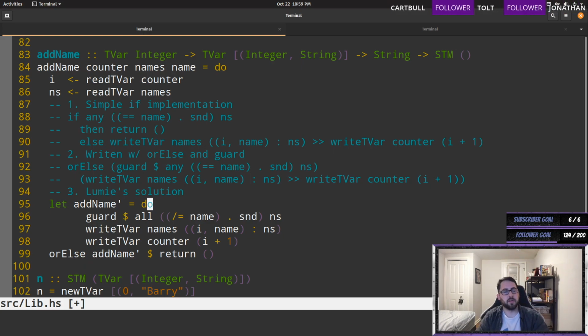Yeah, I think I knew what you meant. Wait, what? Well, I switched this as well. Right? You want this to be true so that the guard triggers. You want this to end up being true. So they all need to not be equal to the name. Whereas in this case,